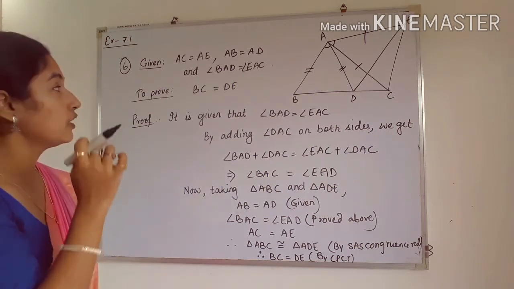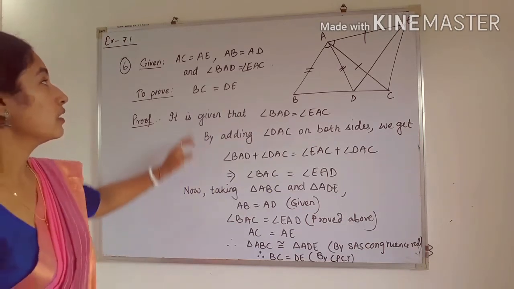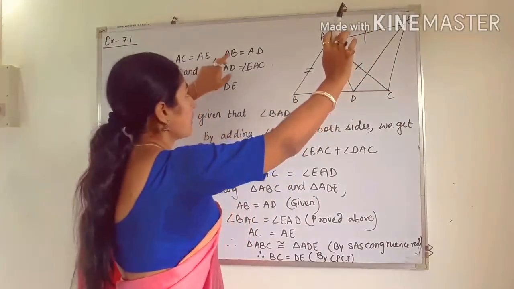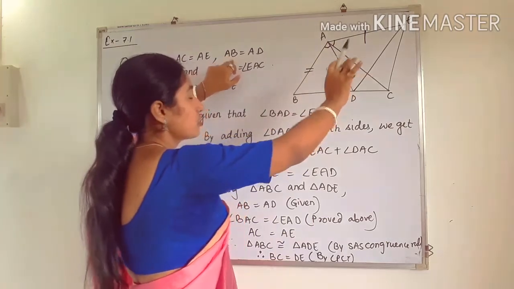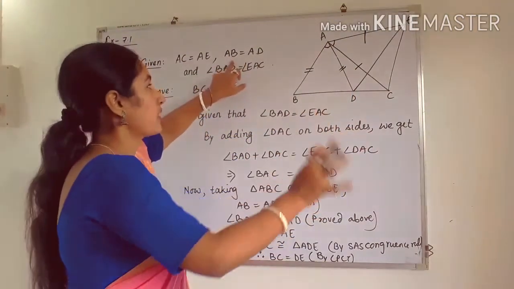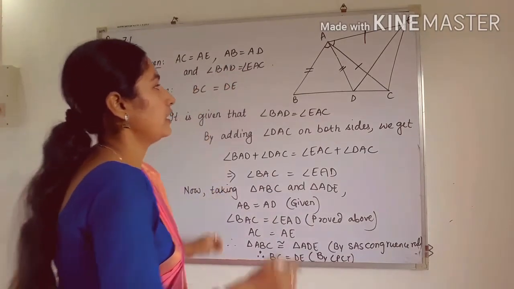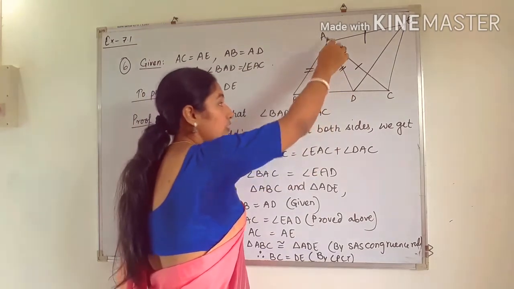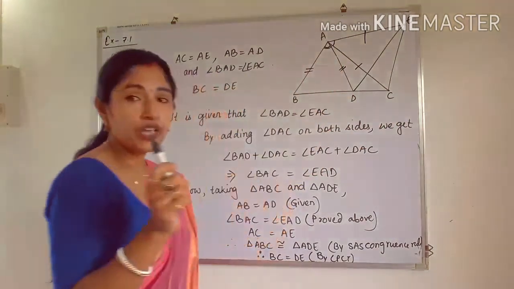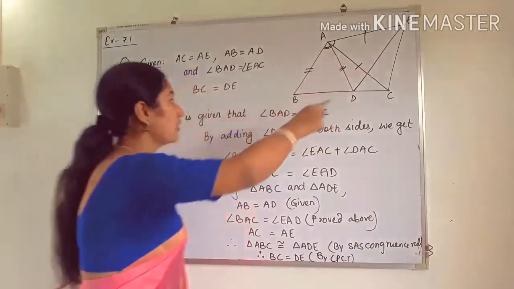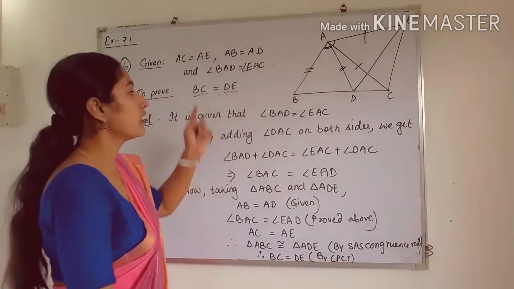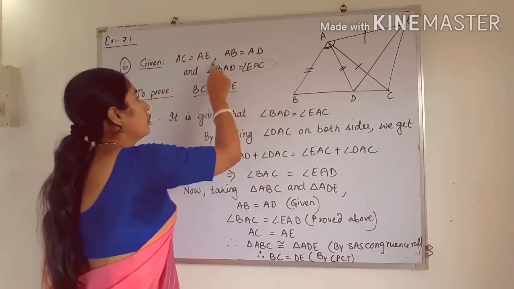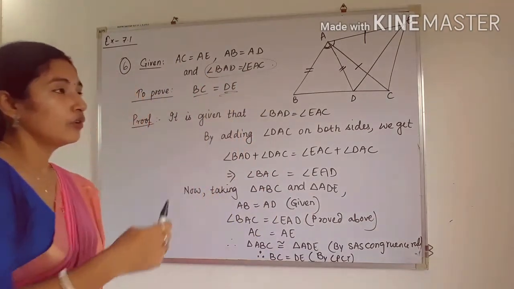But before that, you have to see that we have only two criteria. AC is equal to AE in these triangles. This is okay. AB is equal to AD. This is also okay. These lie in the two respective triangles. But the third criterion, that is angle BAD, lies in triangle ABD, but not in triangle ABC. But we have to take triangle ABC for proving that BC is equal to DE, because BC lies in triangle ABC. Okay. So here, from this particular given condition, we have to make a new condition.